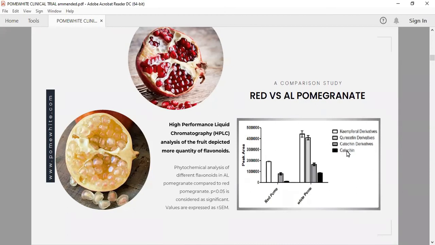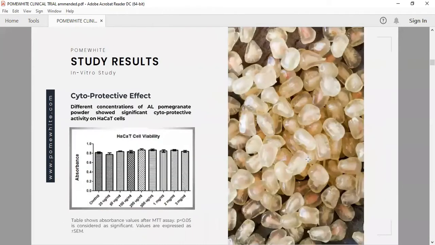While catechin, the complete mature compound, is present in a very small amount in red pomegranate, in white pomegranate it is high. So this shows very clearly that the derivatives are present in a high amount in AL pomegranate compared to the red ones, and this is basically the beneficial effect that we can get from this pomegranate along with its